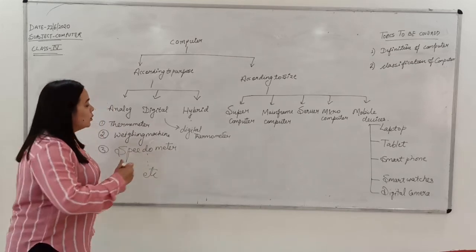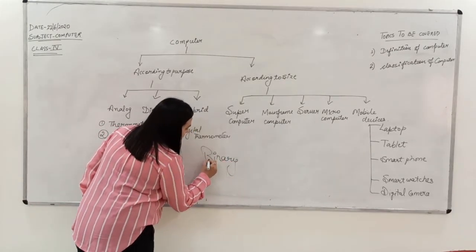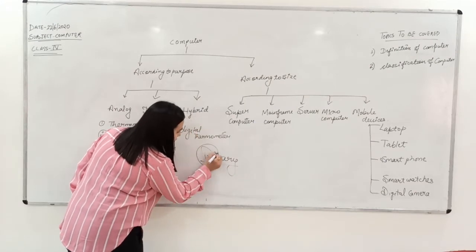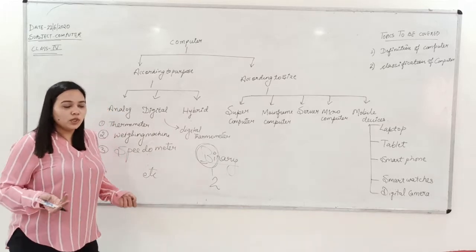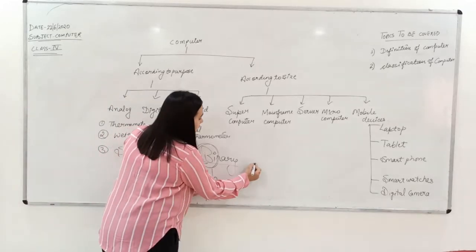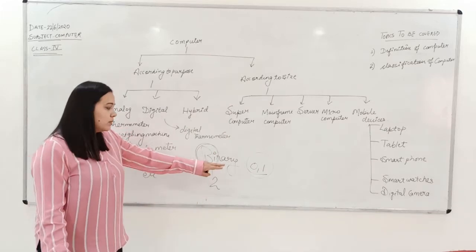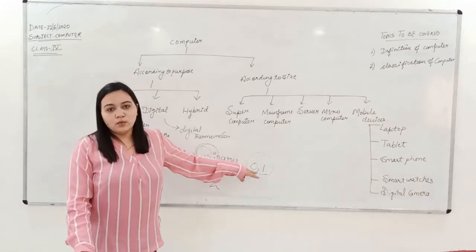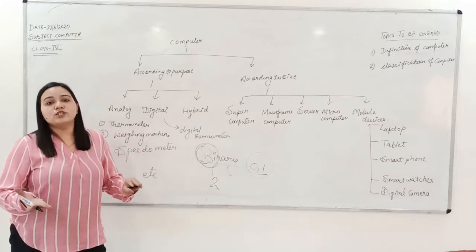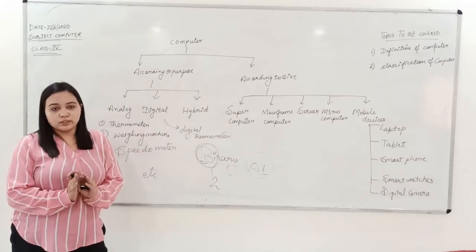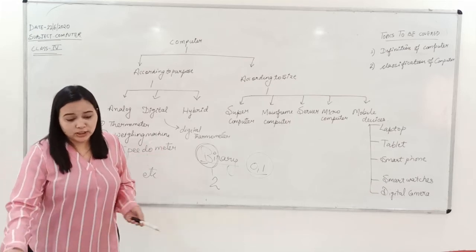The word binary means two. The word bi here stands for two. Now what is this two? Two means 0 and 1. There are only two numbers that we are talking about, and these numbers are 0 and 1. Okay, so these two numbers are the foundation of digital computers. Okay, and there are so many other examples of digital devices.